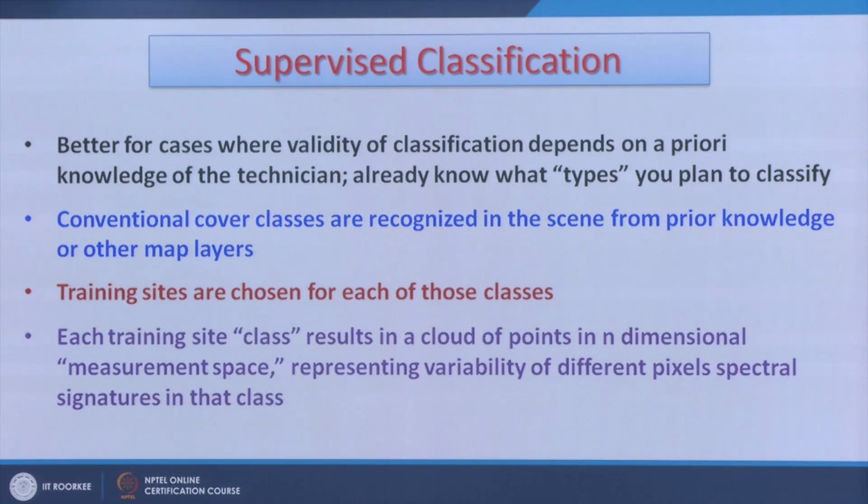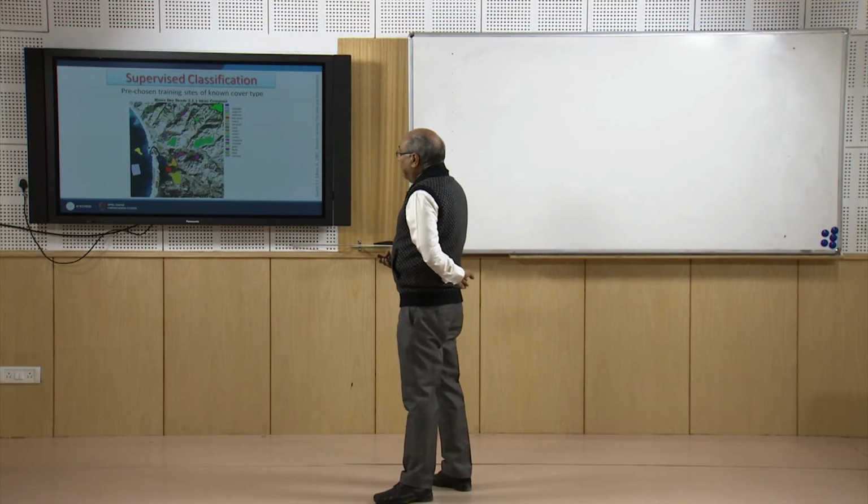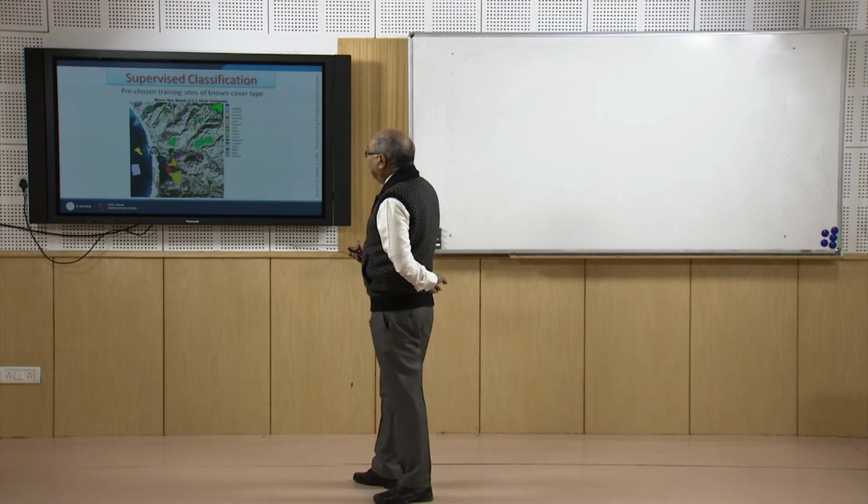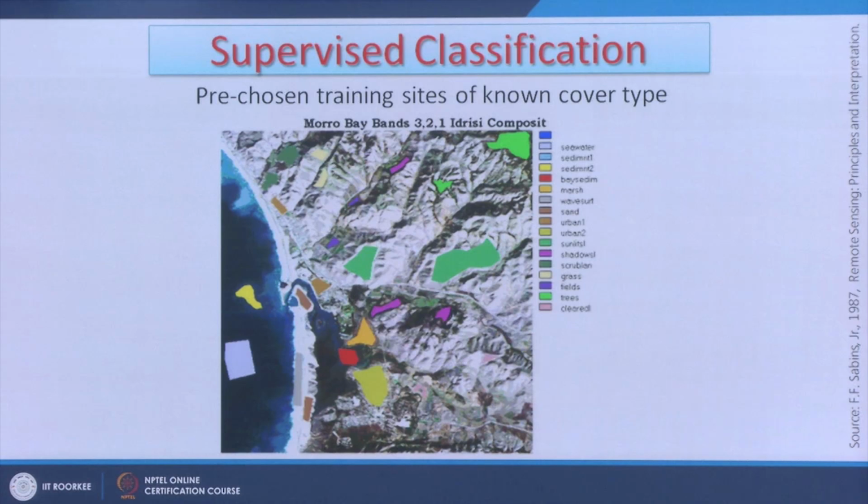Then each training site, that is each class, results in a cloud of points in an n-dimensional space, as I have shown, in a 3-dimensional space, and then you assign different colors just to represent different classes. Maybe for vegetation you may assign green color, for water body you may assign blue color, and so on and so forth. Like here, this is a real example where the main aim is to classify this image as